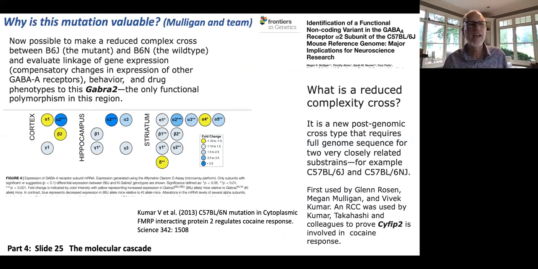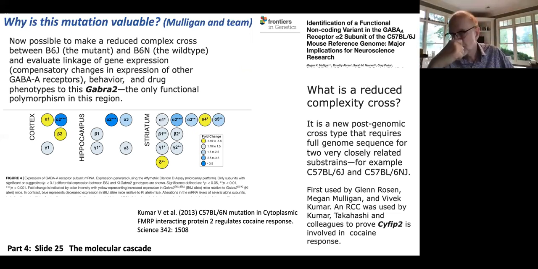All of the comped mice are in a Black 6 NJ. They do not have this mutation. So this is restricted just to the classic JAX version. But then you can now use this GABA alpha 2 known mutant and the repaired version from Greg and team and Megan, and you can ask simple questions about what is downstream of this variant simply by comparing classic knockout